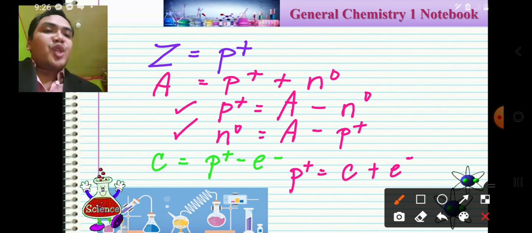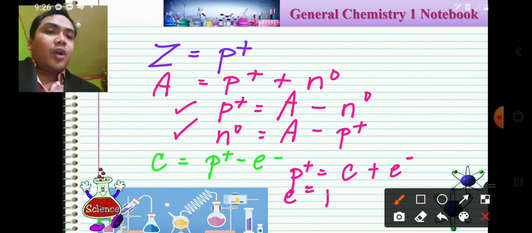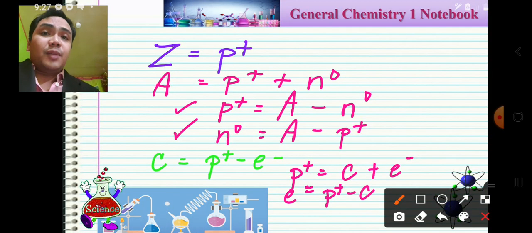What if the number of electrons is what is required? Therefore, for us to get the number of electrons, you have protons minus the charge number. So these will be the formulas that must be used in our examples.